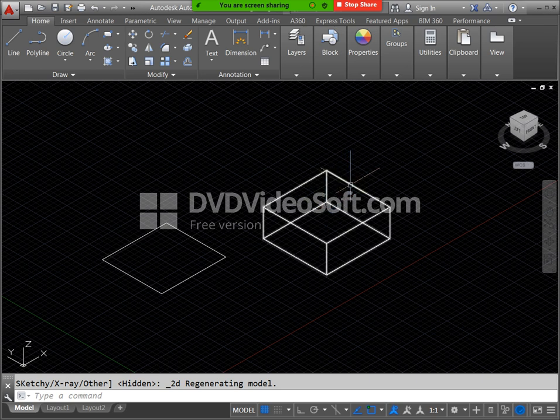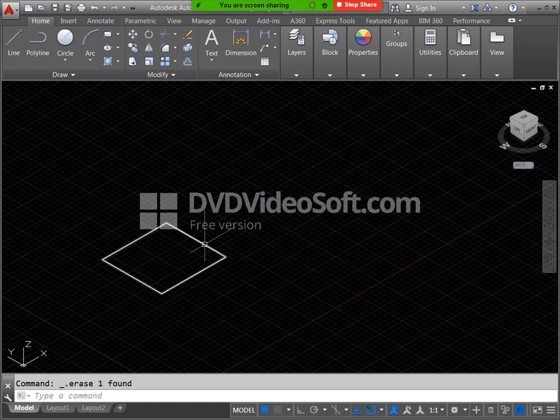Yes, this is a box. Wait. I will explain that one. That's not a problem, I am just showing this as an example. We have different commands: draw commands, modify commands, and 3D commands. If you need 3D, I will explain 3D also. That's not a problem. Only 3 classes are enough for 3D, but you may want to learn more in 3D.